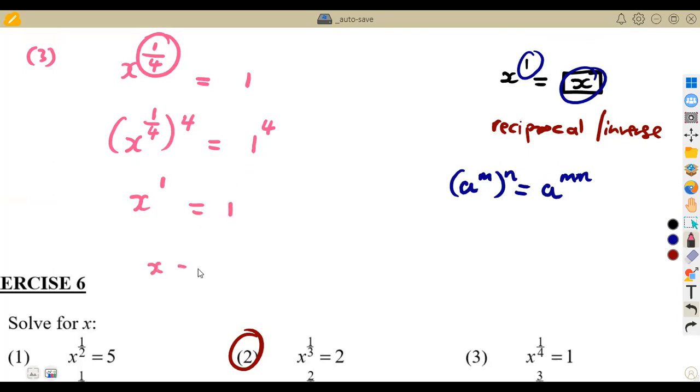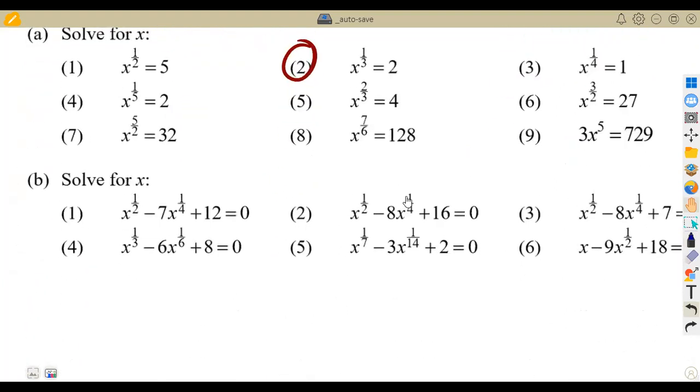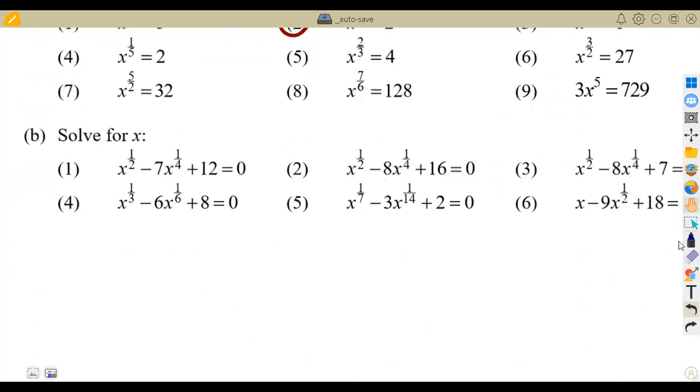So therefore, our x was going to give us a 1 in that case. Okay, so that is the value of x that is going to satisfy this equation. So this is the same situation that we are seeing on these questions, question 4, question 5, and so on. All right, if we check on question number 5,